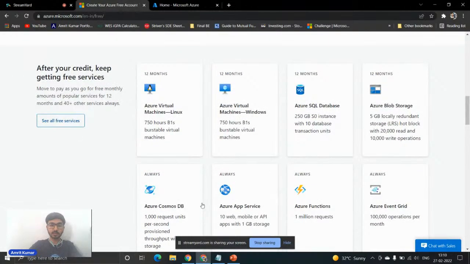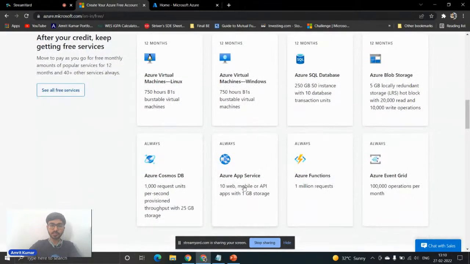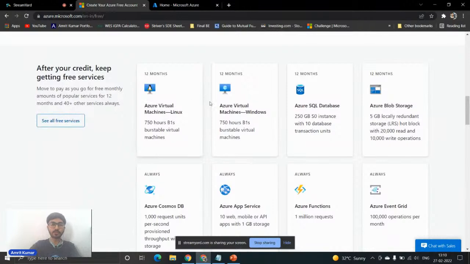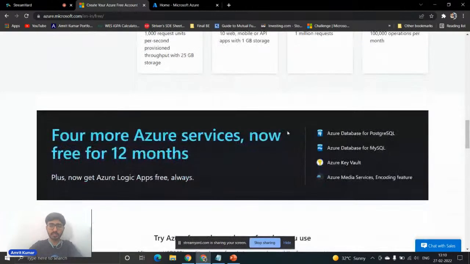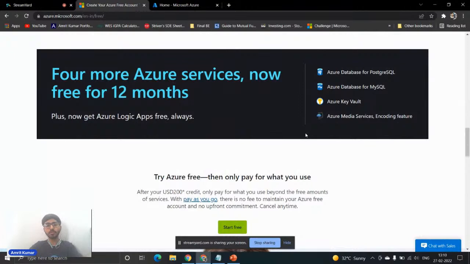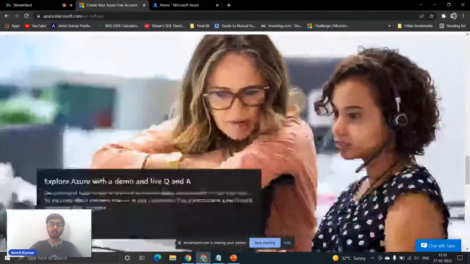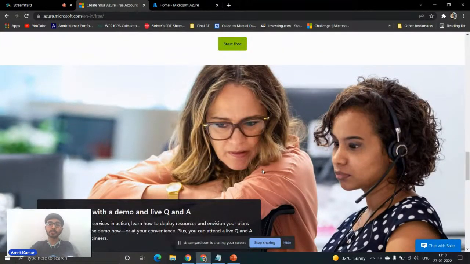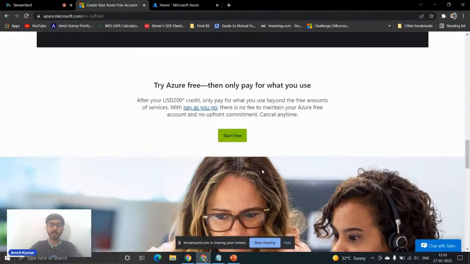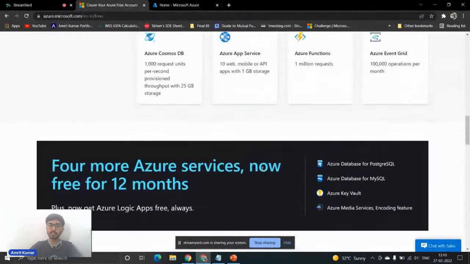These are some free services. Azure Cosmos DB, you can access always. Azure VMs are free for 12 months. For hands-on, you can try these Azure services in your recent days to get familiar with the UX and the portal, to understand how it's done and what the services are. You can have clear hands-on experience and explore these services quite easily.